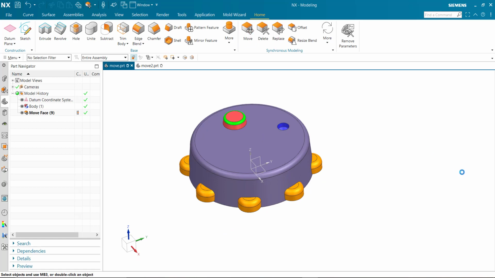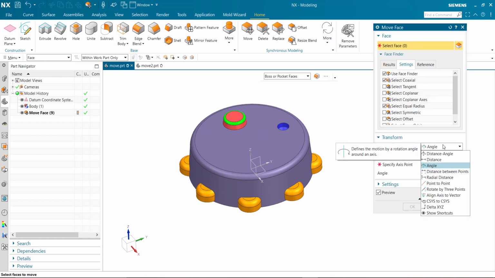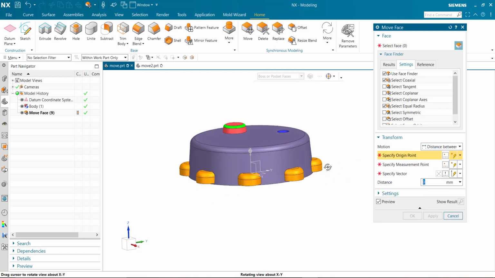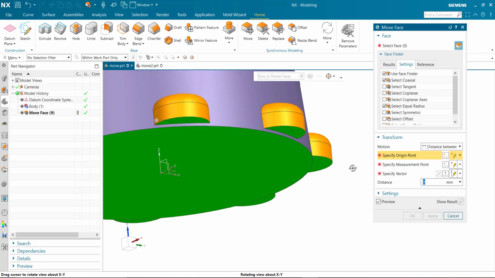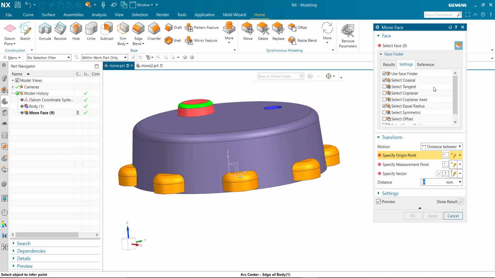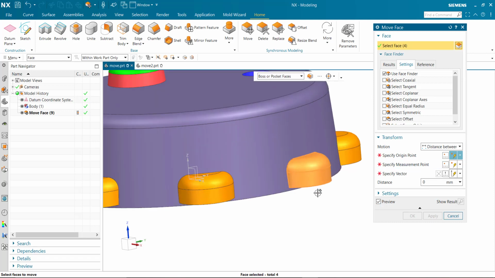In next option, distance between points. How does it work? Let's see. Select face.